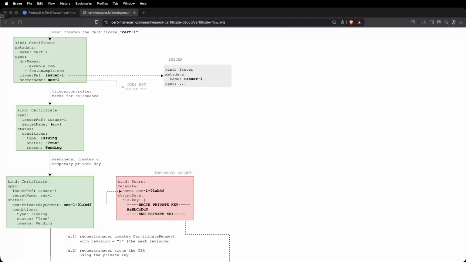And this is a high level flow of how certificate resource creates a certificate. You can see the user first initially creates a certificate with the name cert1. And in the certificate, as you know, we have to give a reference of the issuer. In this case, it is issuer1. You can see there's an already issuer created.